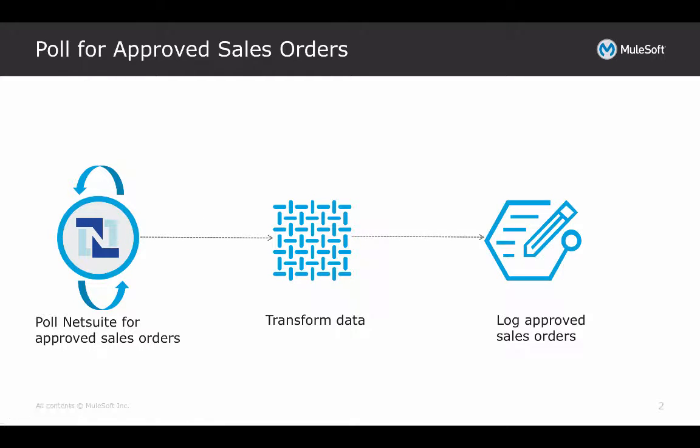This is part 1 of the video series on how to use MuleSoft to get data in and out of NetSuite. In this first part, we're going to poll NetSuite for approved sales orders every 5 minutes. As soon as there's a sales order which is approved, we're going to transform that object in a particular format, and then just for the purpose of seeing the result on the console, we're going to log this approved sales